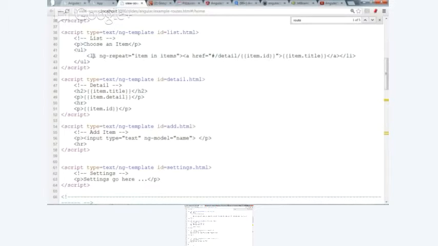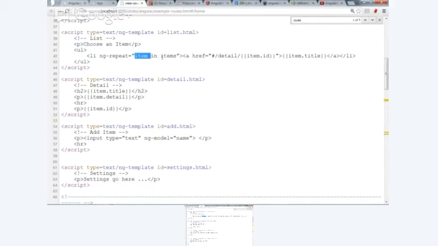What you're looking at here is an unordered list. There's a list item that gets repeated with this ng-repeat. There's beautiful syntax here of saying item in items. Items is the name of a list that I created in my scope.